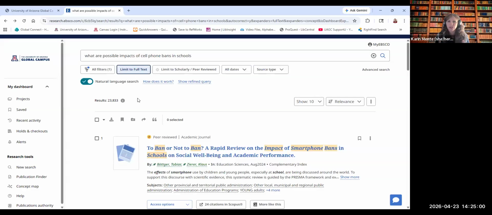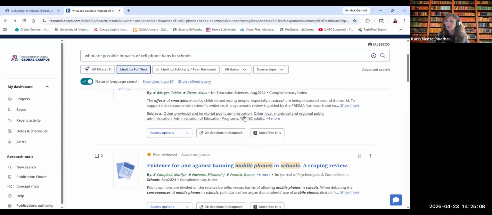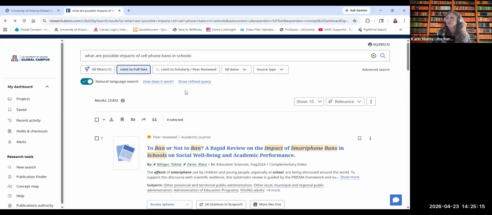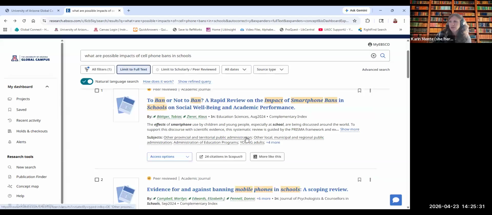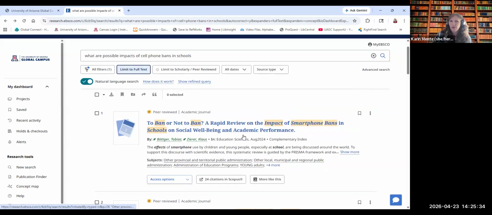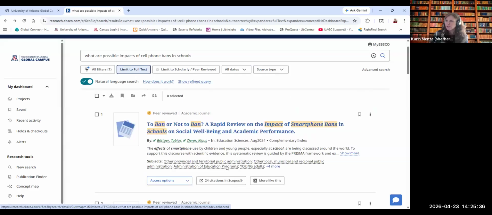But if you ever have questions, just remember you can reach out to a librarian. We can walk you through the whole search process, help you find keywords, help you find results, help you narrow and refine based on our filters. We don't have a ton of time today to get into all of the refining and filtering, but we're here to help if you have questions. So any questions about the natural language search feature before we move on to the Generate Insights AI feature? Okay, great. So play around with natural language search.